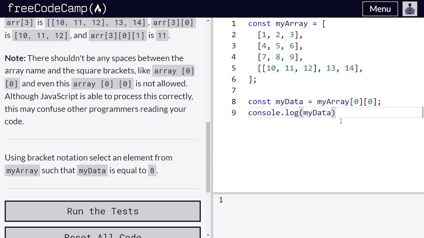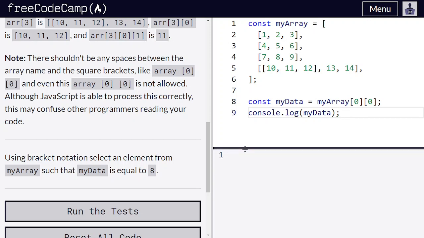So as soon as I typed myData, it is showing 1. What is this 1? It is nothing but, as we can see here, myArray[0][0], which means it will be accessing the first array and the first element, which is 1.